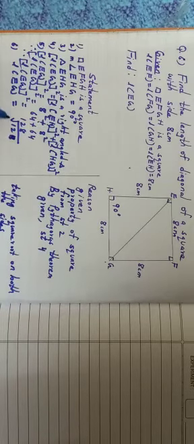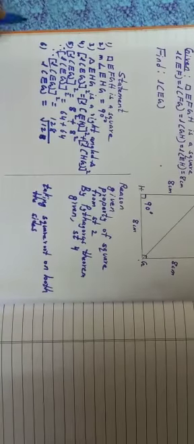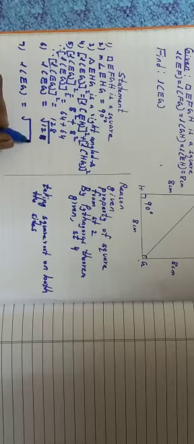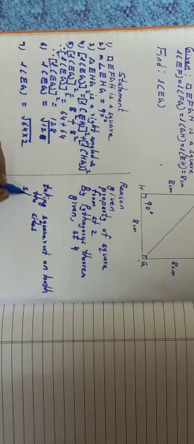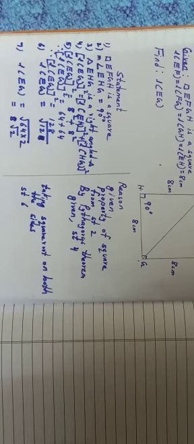So what will we get? Now length of EG we have got as square root of 128. Now this we can simplify also. So when we simplify, what will we get? Length of EG is equal to square root of 128, we can write like this, 64 into 2. From where did we get this? From statement 6, we have written this, which is equal to square root of 64, which is 8. So we can write 8 outside, and inside will be square root of 2. It is 8 square root of 2 we have got.